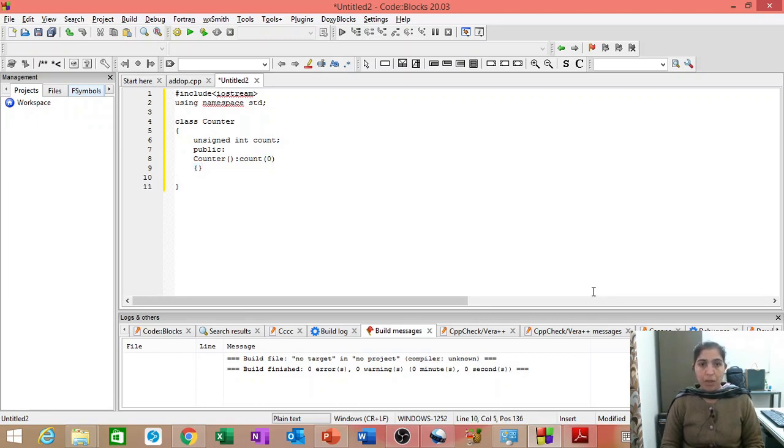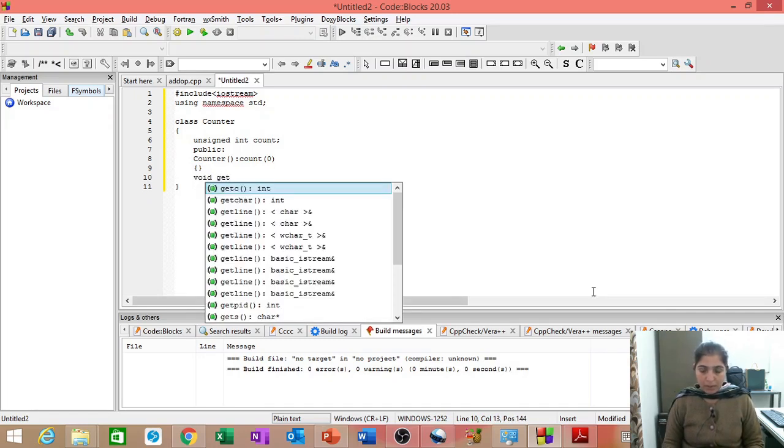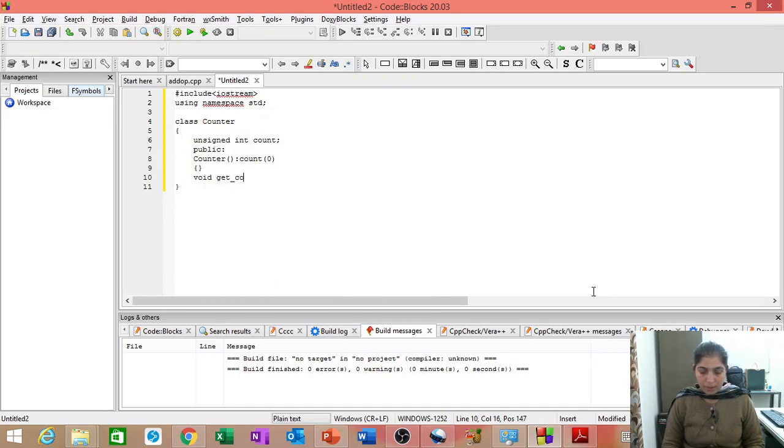Okay. Then let us create a function void get count, and what it will do, it will return the current value of count. Return count. Okay. Now let us go to the main function.